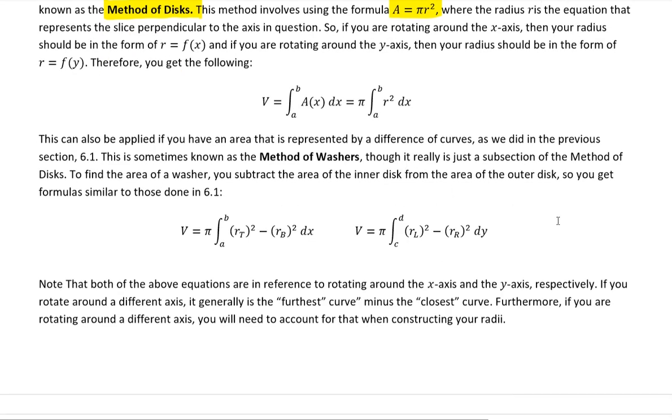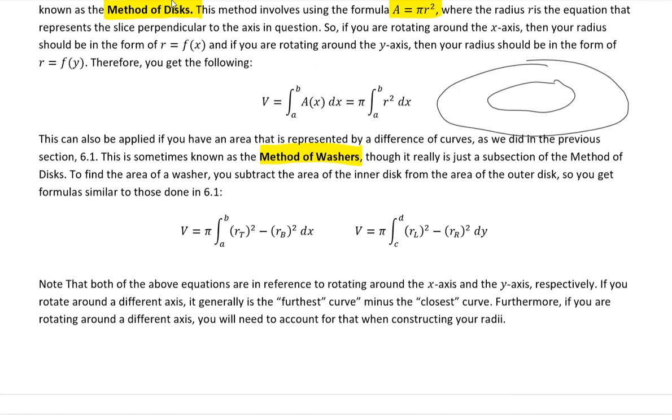Now, you can also do this if you have a difference of curves. In this case, this would sometimes be called the method of washers, although the method of washers is more or less just a subsection of the method of disks. A washer is basically, if you think about it horizontally, this is where you would have a curve like this, and then another outside curve. And if I make that three-dimensional in some way,